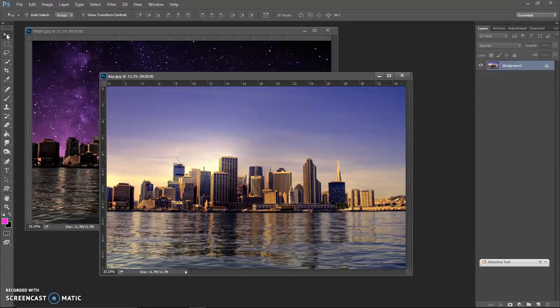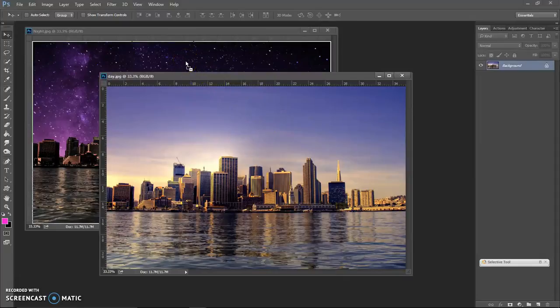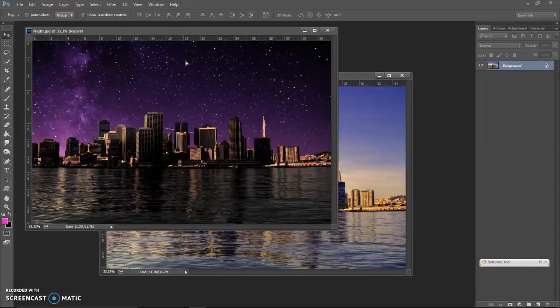So I need to move one over. So I think I'm going to take the daytime one, I'm going to move it over to the night. So what I'm going to do is I'm going to have my move tool, which is the first tool in your toolbox over here. I'm going to hold down my shift key, and then I'm going to click my mouse, and I'm just going to drag up into the nighttime,